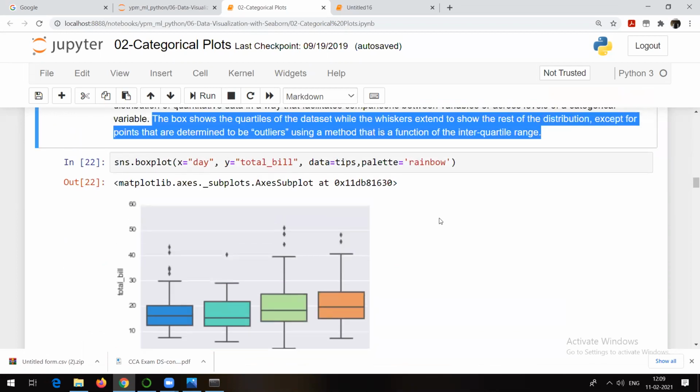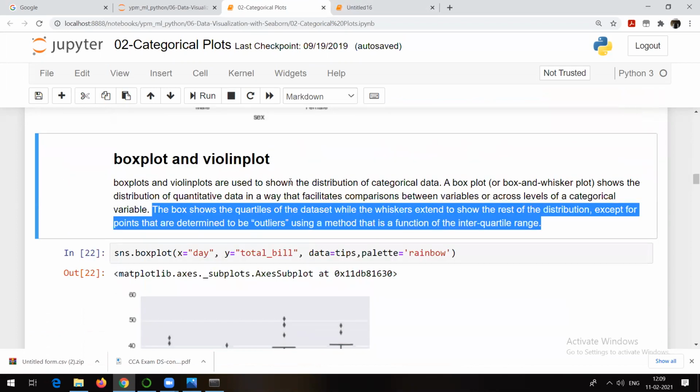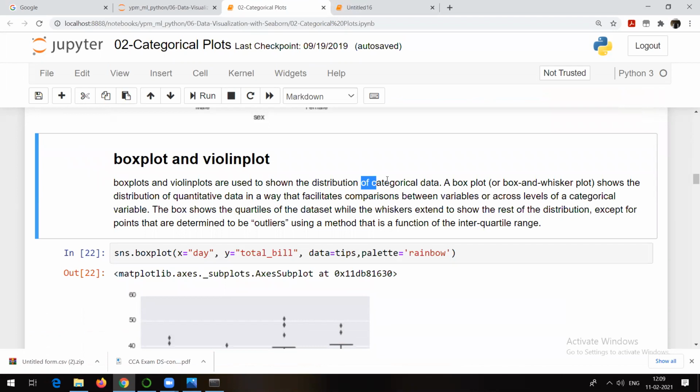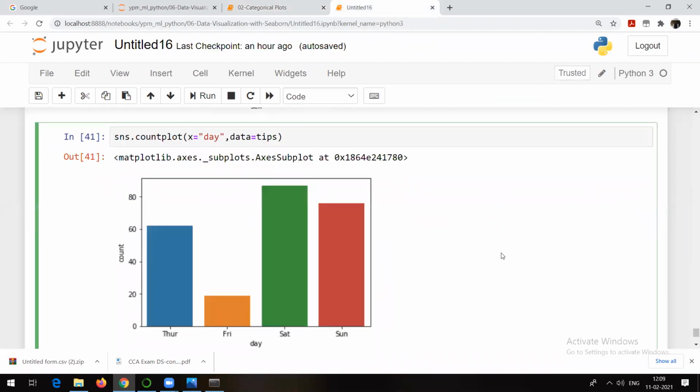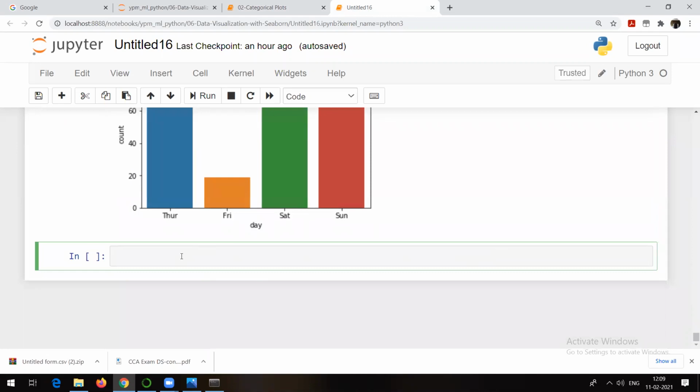Let me show you a simple box plot and then explain what it actually is. As they have said, it shows the distribution of categorical data. So let's try to see the relationship between this day column and total bill column with the help of box plot. And let me tell you, box plot is one of the most important plots we make use of in visualization. So sns dot